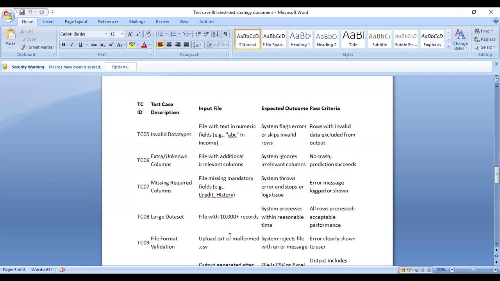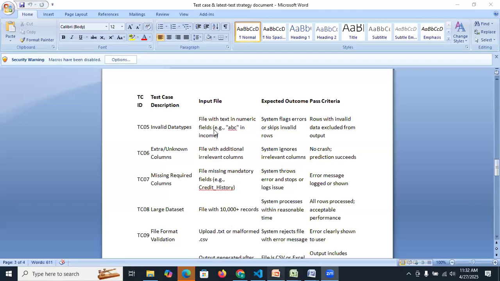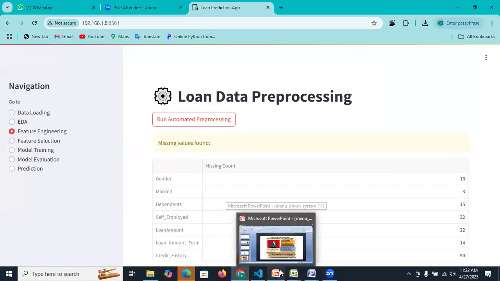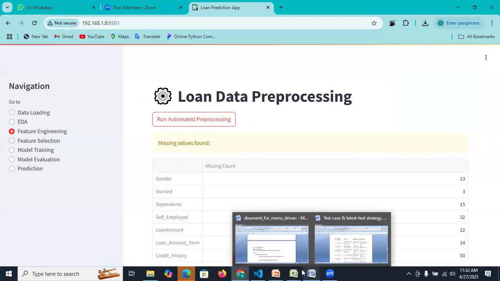Sir, I'm not moving another for correct. Wait. So I share whole the screen. What is it? Wait, sir. Means here you can see the my missing values are present in the my data set. So with the help of this and here also my passing criteria for this test No, case they is need